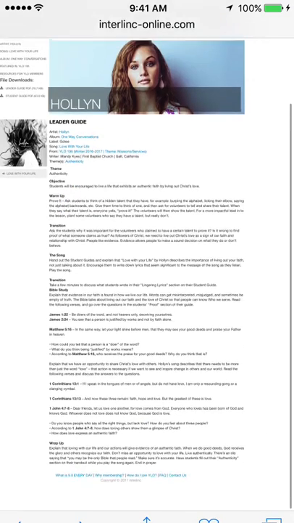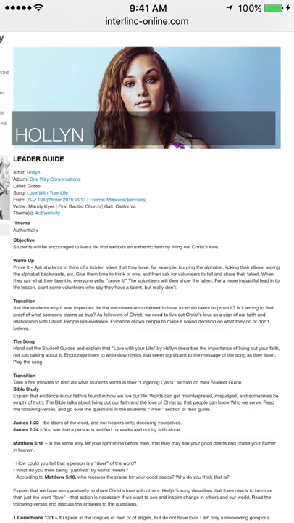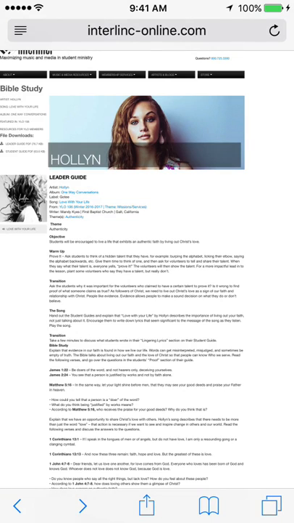Let's say you want to take this leader guide and you want to adjust it. You want to add your own notes, your illustrations and examples, maybe move around some of the scriptures or add a couple more, put your own logo on it, whatever you want to do. So I'm just going to see if I can choose a word or something.